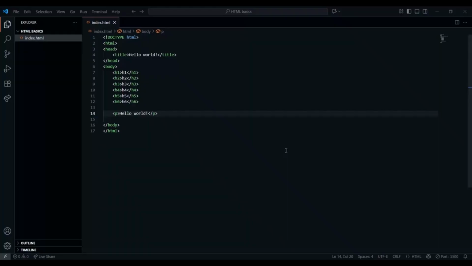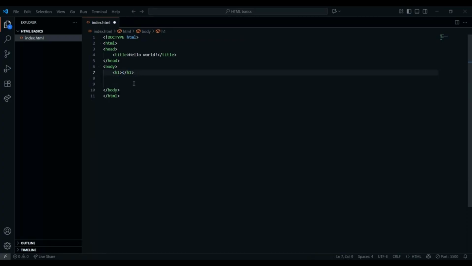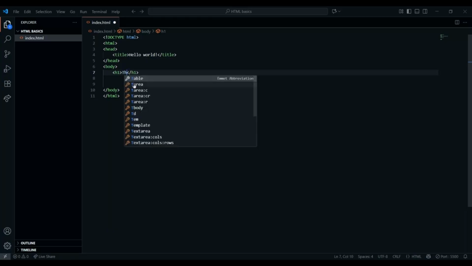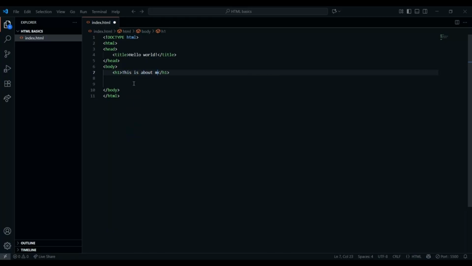So now you can see here is the paragraph, and yes, I can also show you a little quick how it could look in reality inside of a web page. So now we can do it a little bit more realistically. So we continue having the H1 tag, and we can write this is about me, for example, and then say